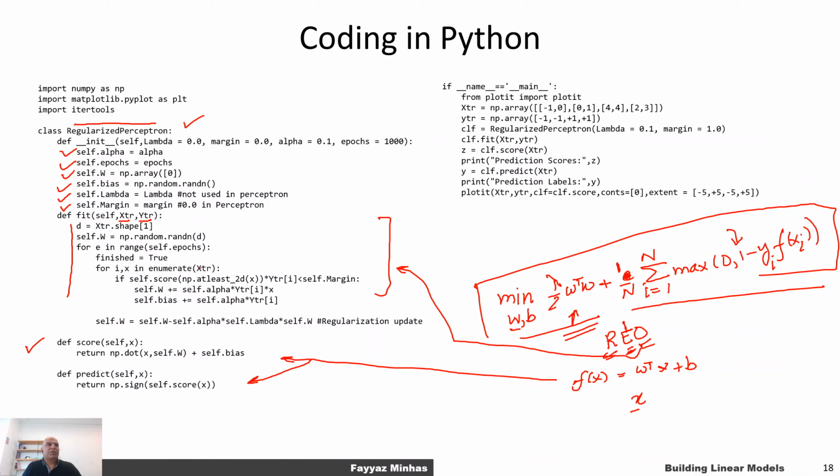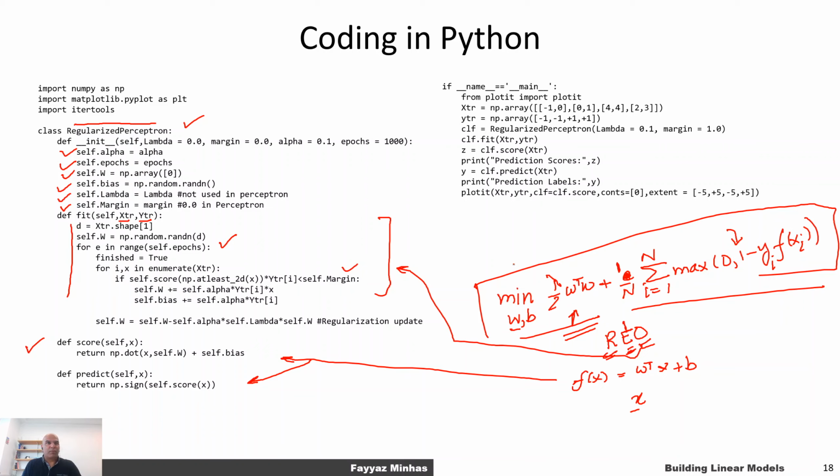And it requires, of course, the training data and the matrix and the training labels. And that's what we are doing over here. So we iterate over a number of steps. Within each step, we compute if there is an error. If there is one, we use the gradient descent update based on the equation that we had obtained when we calculated the gradient updates, and we keep on doing that until either we run out of the number of iterations or we have a solution